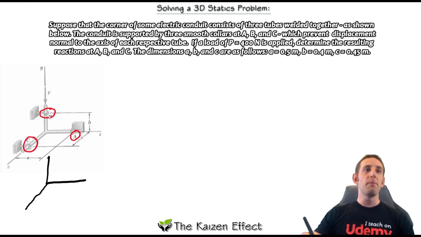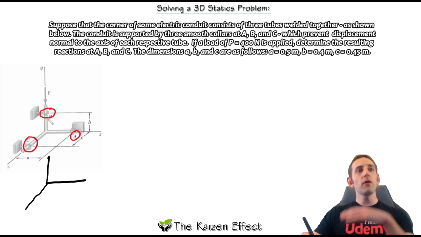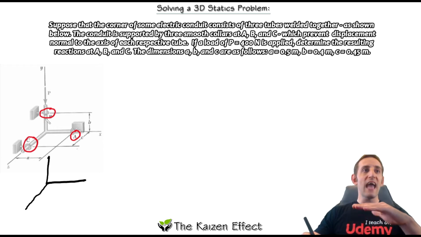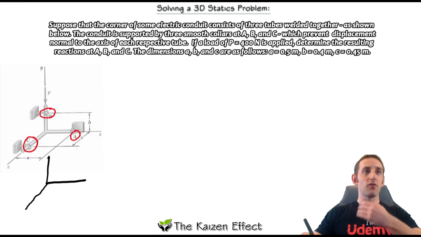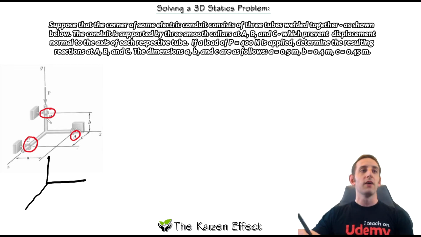So first, B. So we look at B, and what we want to do is figure out the axis system for this journal. What plane is running through this ring here? So we know that the ring is in the X and the Z direction, so we're going to have reaction forces that oppose motion in those directions. So let's write that in. So first we have B in this direction, which is parallel to the X axis. So we're going to call this reaction force simply B_X